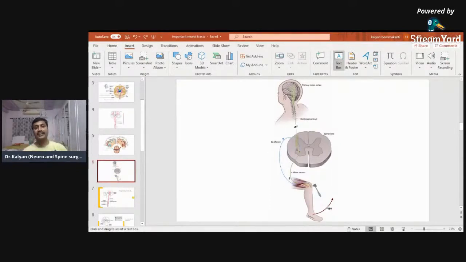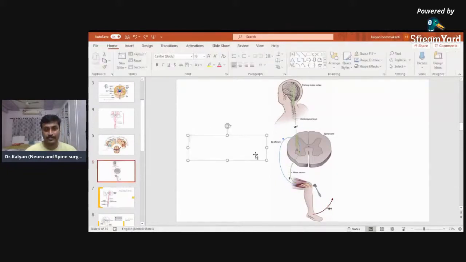So this is a reflex arc. One reflex arc is controlled by one segment of the spinal cord. This slice of the spinal cord which I'm showing you is one segment of the spinal cord. This segment automatically regulates the movement. Whenever there's a pain stimulus, your leg moves. This is a reflex action, mediated by one segment of the spinal cord. And over it, we have the brain influencing. These are the tracts which are coming from up downwards, from the upper motor neuron to the lower motor neuron.